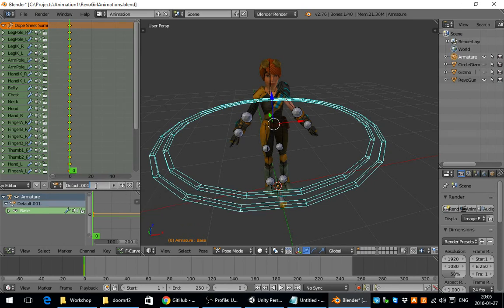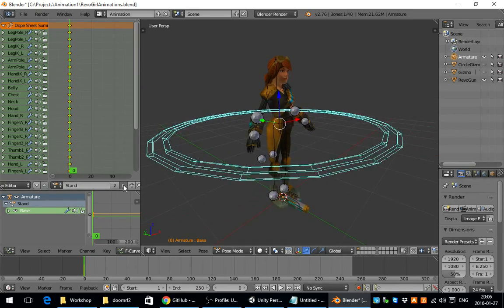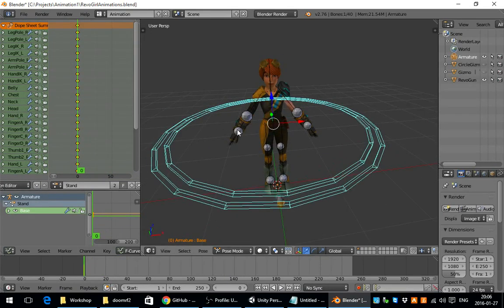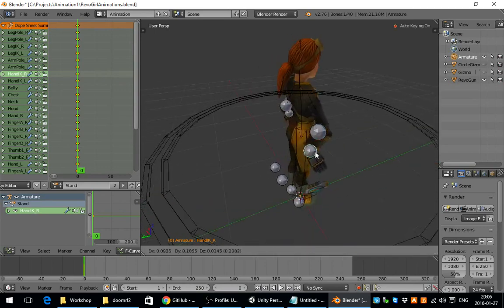Probably the first animation that you want to make for your character in the game is standing. I'm just gonna call it stand. And by the way, don't worry about the F here. It's just a Blender thing. So we have started out with all of these bones in their default positions, but when you make any kind of animation, you probably want to start with some kind of cool pose that you would want to animate. So in this case, let's just make,